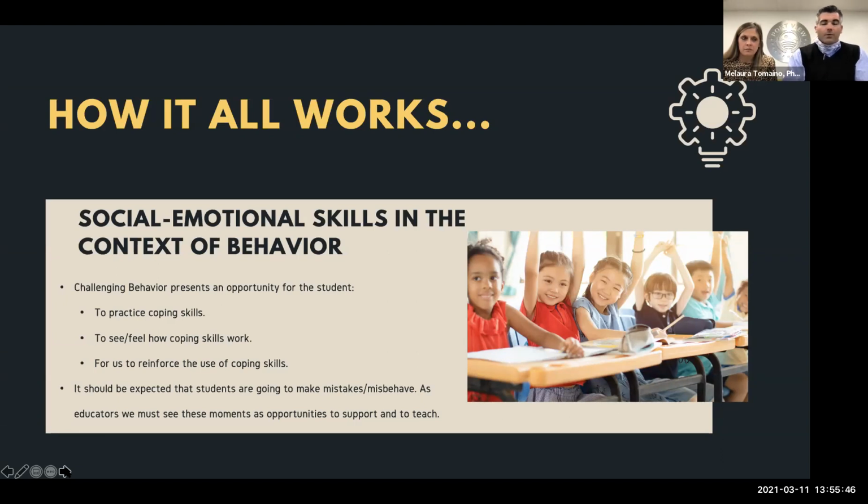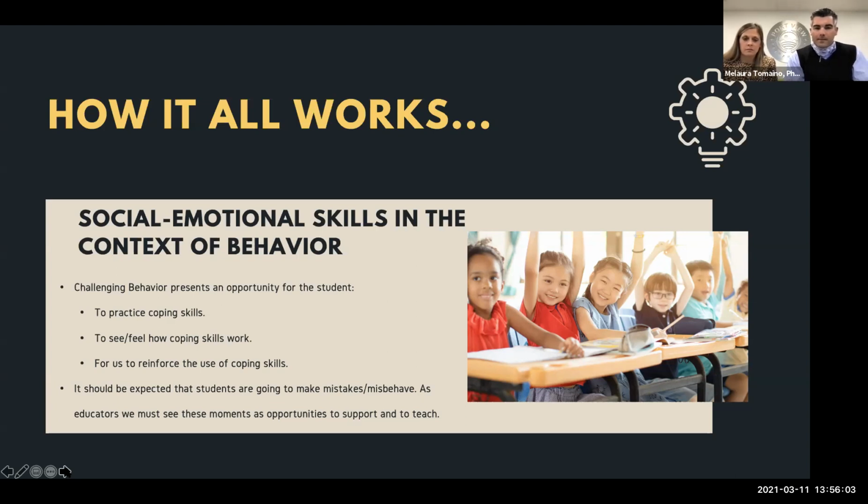Reinforcing somebody for calming down is very abstract, right? What does that mean? How do we replicate it? But engaging in the actual act of coping that results in calming down is very reinforceable, and you can replicate it across different behaviors or different settings.